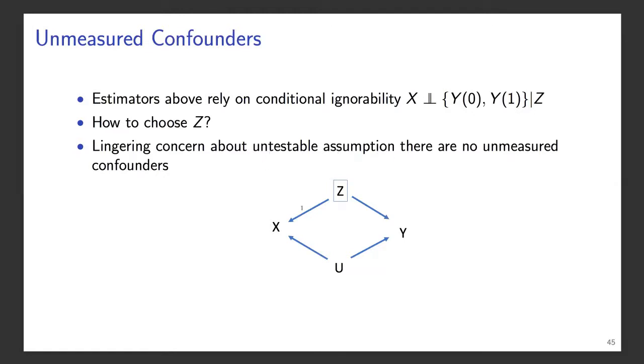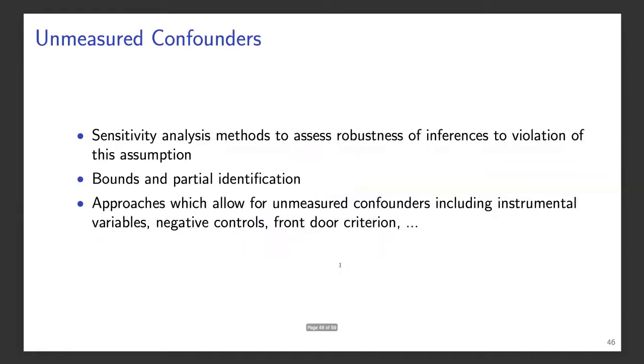So if we go back to our DAG, we've got covariate Z. I put a box around them, meaning we have observed them and we're conditioning on those. So we're controlling for confounding due to the X-Z-Y path. But you always worry that there's some other variable out there you didn't measure, which is a common cause of X and Y, which could induce unmeasured confounding. So that's sort of the Achilles heel of a lot of these methods, that one always kind of has to worry about that in the back of your mind.